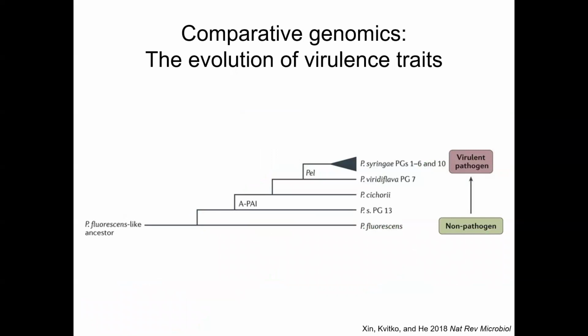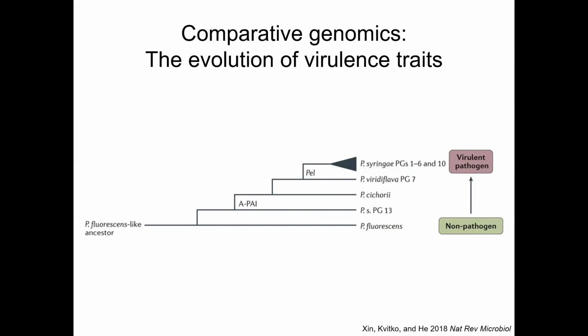So Pseudomonas syringae is a very diverse species complex. A recent publication from David Guttman's group pulled genome sequence from around 500 different strains. So with this relative wealth of sequence data, Pseudomonas syringae is a really great system for comparative genomics. I thought this was a particularly nice example from a recent review of reconstructing the evolution of necessary virulence traits